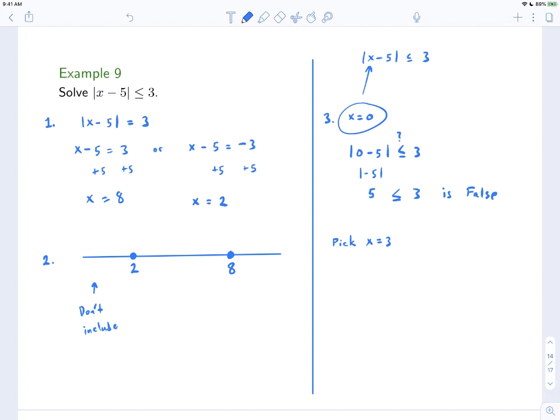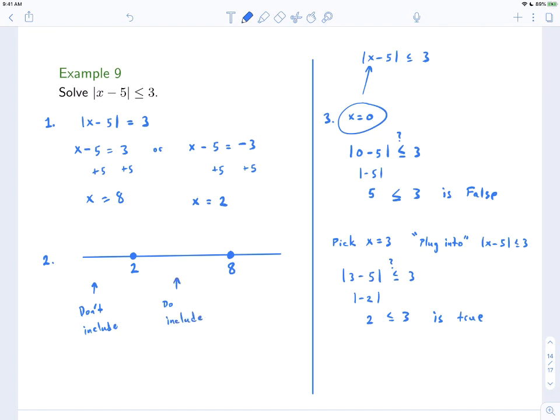Because that's between 2 and 8. So now we just plug x equals 3 into the inequality and see if it's true. Is that true? So 3 minus 5 in absolute value, is that less than or equal to 3? Well, 3 minus 5 is negative 2. So the absolute value of negative 2 is 2, and 2, yes indeed, is less than or equal to 3. So this is true. So that means we do include